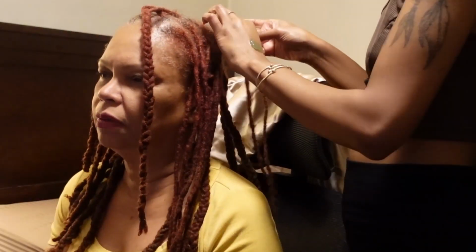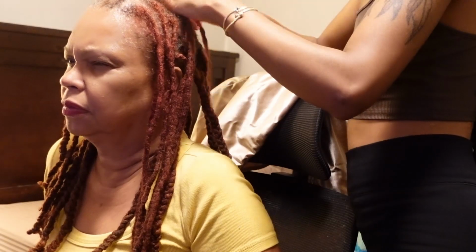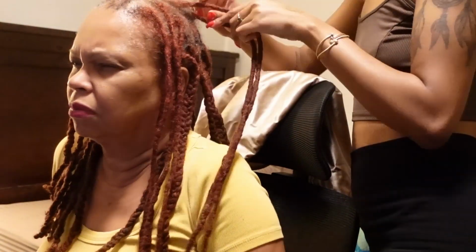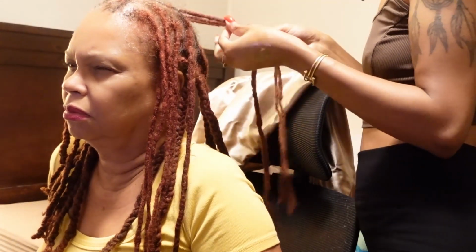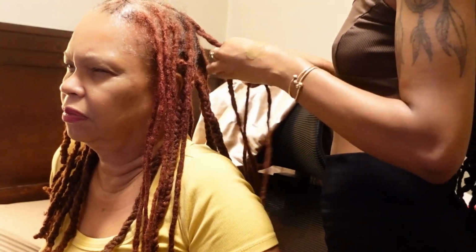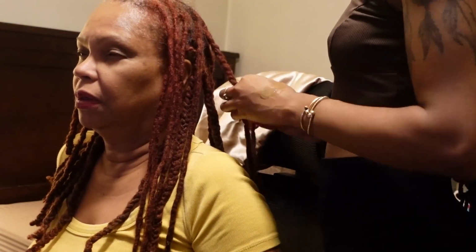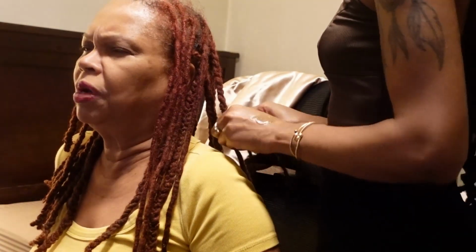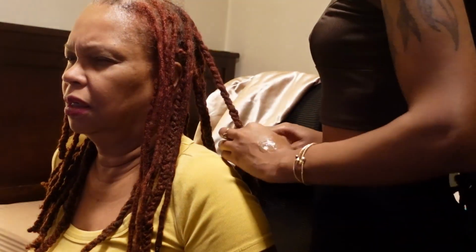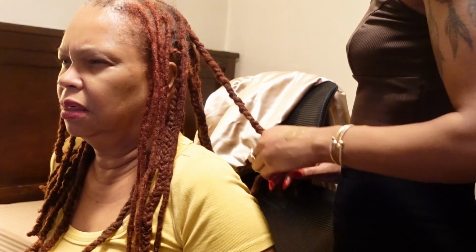I did get a request for lock styles for thinner hairlines and edges. Stay tuned, I'll have some demonstration videos for you. But in short, think about styles that will cover your hairline. So think like faux bangs. Any type of style that will create faux bangs, those are styles that are great for people with thinning hair,